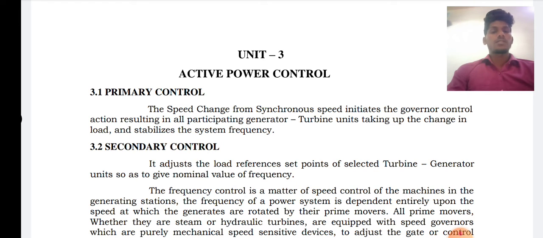Active power control is of two types: primary control and secondary control. First, the primary control: the speed change from the synchronous speed